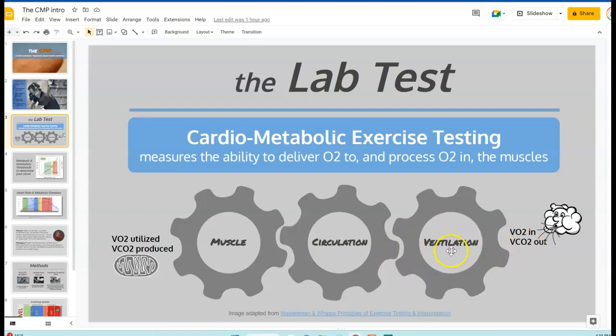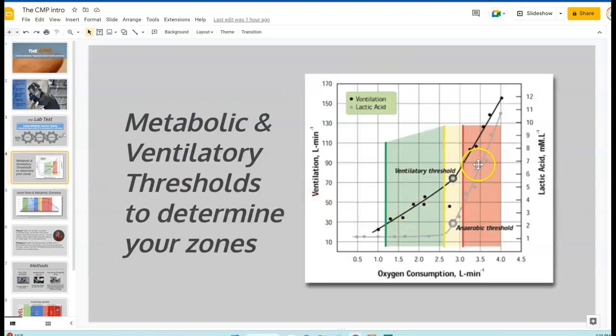So we're looking at the ventilatory response, and we're able to determine how well your heart's pumping by how much oxygen is being consumed. So this is the delivery through the vasculature and the strength of the heart, and then how well the muscles are actually utilizing that oxygen to do the work. So the test is really set up to evaluate those physiological responses. And along the way, we're looking at certain trend changes in how you're breathing, specifically with this test, and what